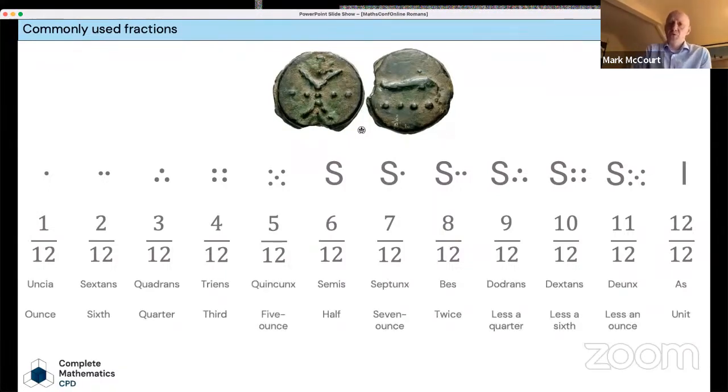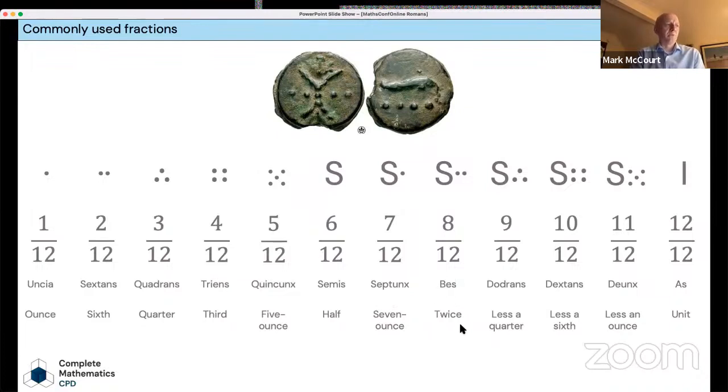And we might also talk to pupils about how we say these words for these fractions, because pupils, even very young pupils, are going to recognize a lot of this, right? Quadrans, they're going to have heard something sort of like that word. So 1/12 means ounce, and there's a word they're going to recognize. So twelfths are ounces in Roman fractions. And then we get these words that they're definitely going to recognize some of. So we've got sextans, for example, quadrans, triens. These are going to be familiar things to pupils, and we can have that conversation about the derivation of our words, the etymology of our words.